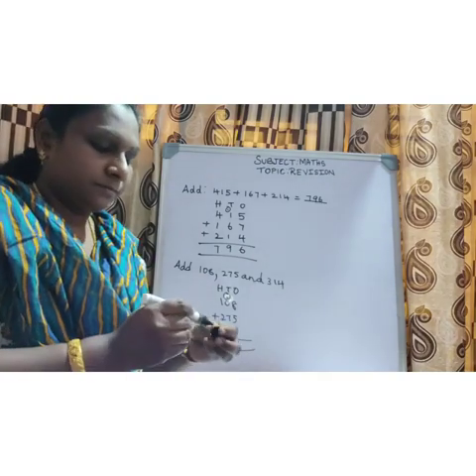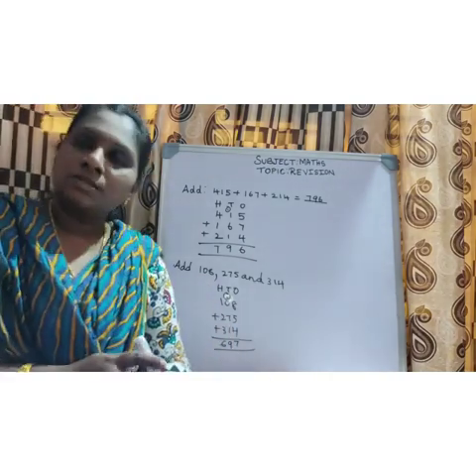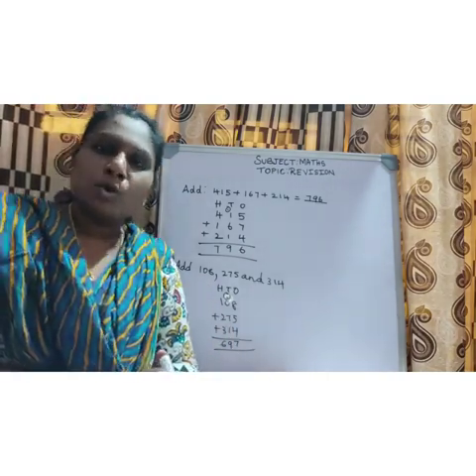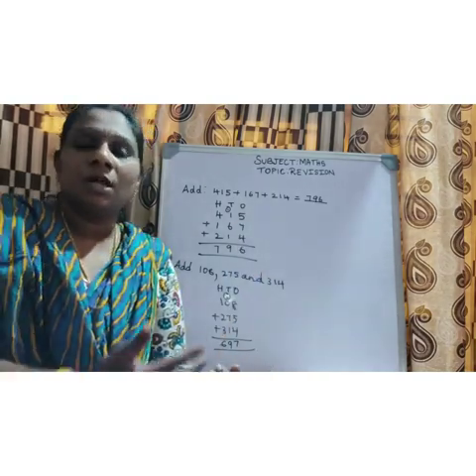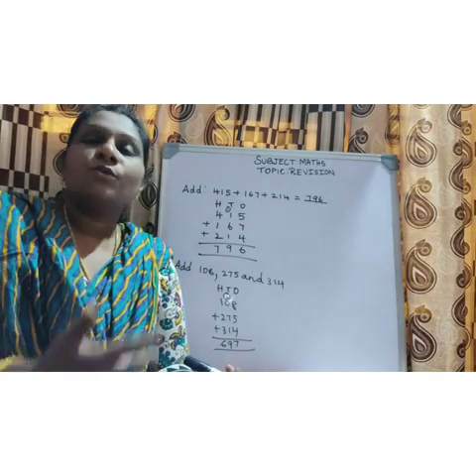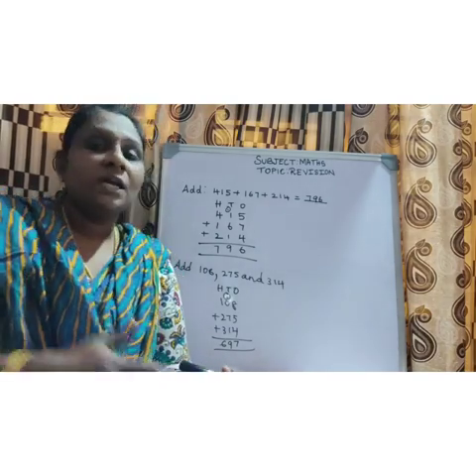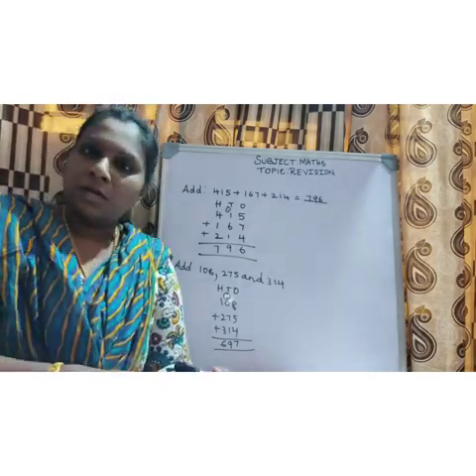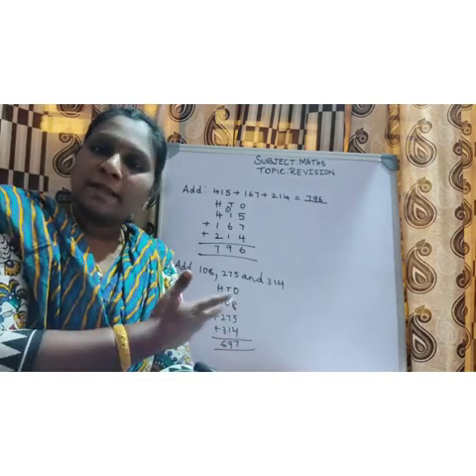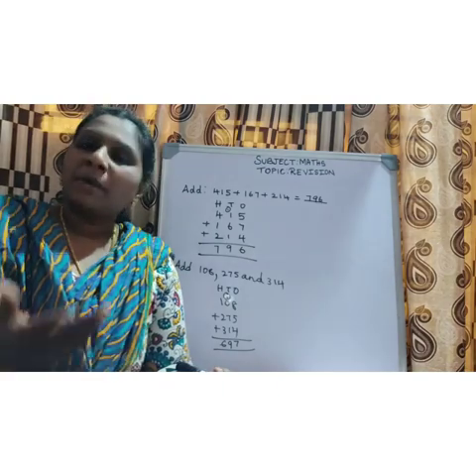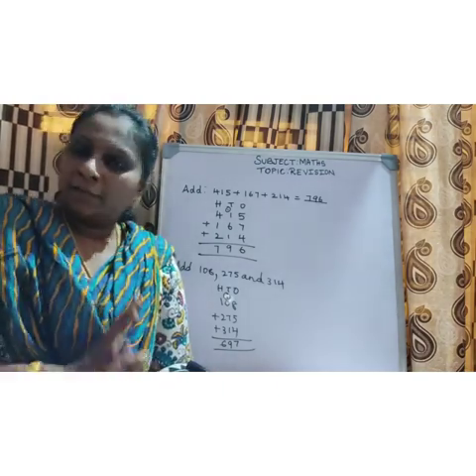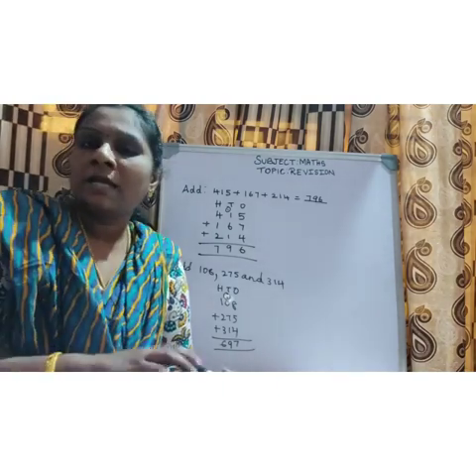Okay children, practice all the sums. Be thorough for the test. Even the introduction, for each unit it is different, right? For example, the answer of addition is different and the answer of subtraction is different. The numbers that we add are called addends. The bigger number in subtraction is called the minuend. So each thing is different, right? So understand and write the answer.